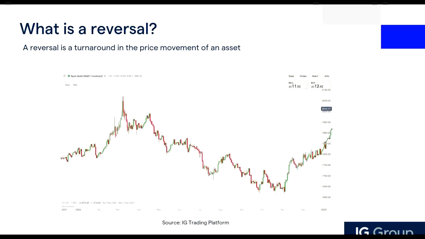Over here, if we look at this particular chart, you will be able to see some key areas where the trend changes. Previously you noticed it was an uptrend, and then it changes to a downtrend. And then potentially there could be some form of pattern forming here before it turns up to an uptrend again.